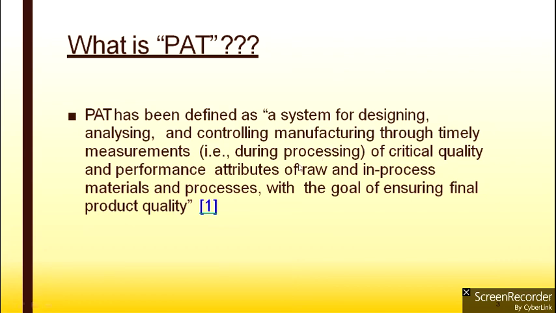Everywhere during the process, in each step of the process, you have this in line, that is design, analyze and control. Which process you choose is the critical quality or the critical process. So this is defined as a system for design, analyze and control. What you are going to control is the processing steps in the pharma process, and you identify which is a critical process, and then a PAT analysis will be done, and your final goal is to give a quality product.